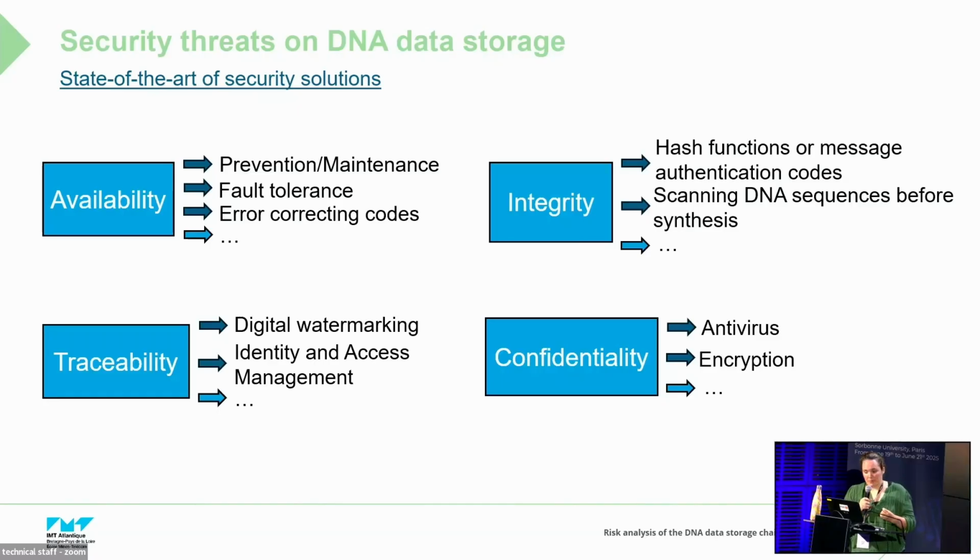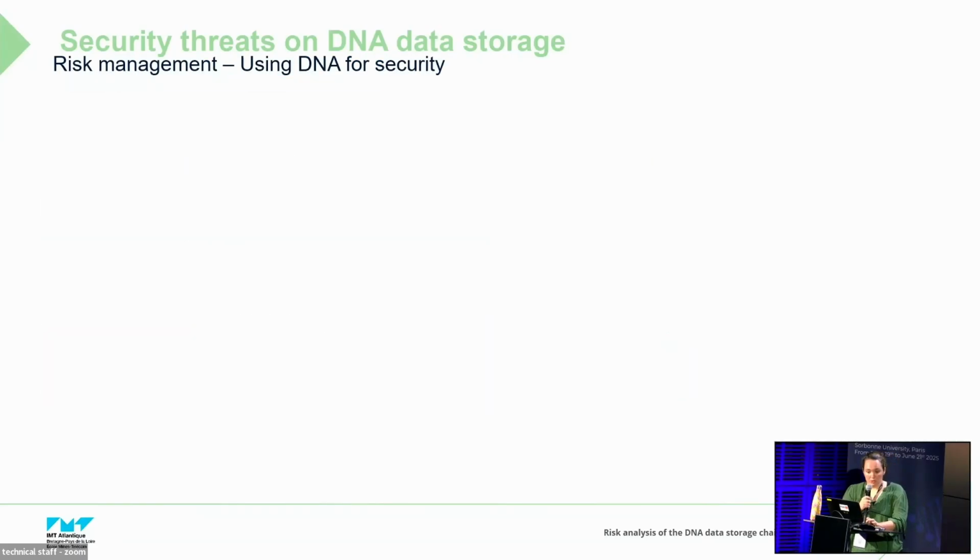So there is an interest in developing a solution that's native to DNA data storage, to take advantage and to really consider the medium's specific features. So I will show you some security proposals that do not simply rely on digital algorithms and are based on